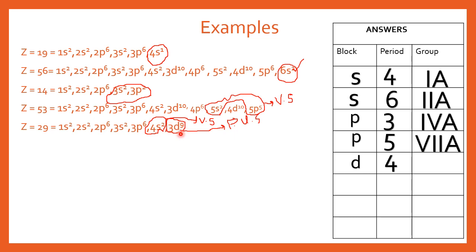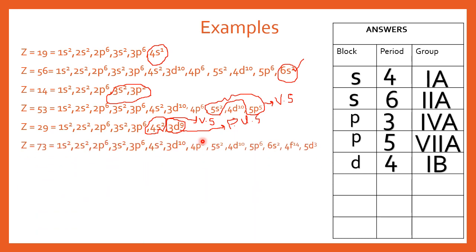Now coming to the strategy rules, if we subtract 0 and we get 8, it means it is the 8 group. But this is not the case here. When we subtract 0 from 11, the result is 11 and there is no 11 group. If we subtract 1, then we get 8, it means again it is a B group, but that is also not the case. But simply, as I suggested to you, for the first B and second B group, you can subtract 10. So 9 plus 2 means 11. When you subtract 10 from 11, you will get 1. It means this is group number 1, and the d block always has the B groups. That's why this is group number 1B.